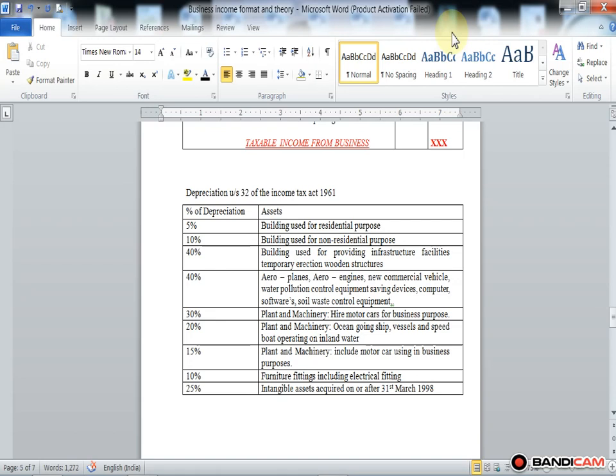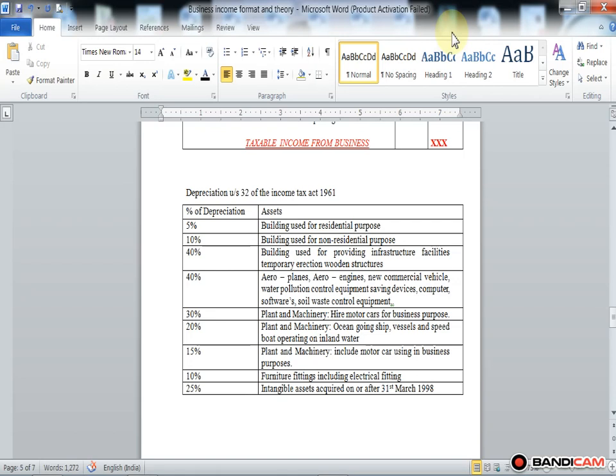25% depreciation is allowed in the case of intangible assets acquired on or after 31st March 1998. So these are the rates of depreciation given in the Income Tax Act 1961. Depreciation is very important while computing the income of the business. So income tax allows